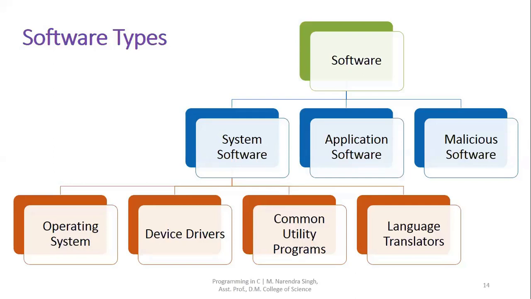Now let's come to application software. Application softwares are those softwares which are not required for running the computer system. But if I want to do some other tasks like typing a text document in the computer or making a numerical table and doing all kinds of calculation in the computer with the help of MS Excel, or if I want to listen to music with an audio player, or if I want to watch a movie with a media player, then those media player, audio player, MS Word, MS Excel, all those are called